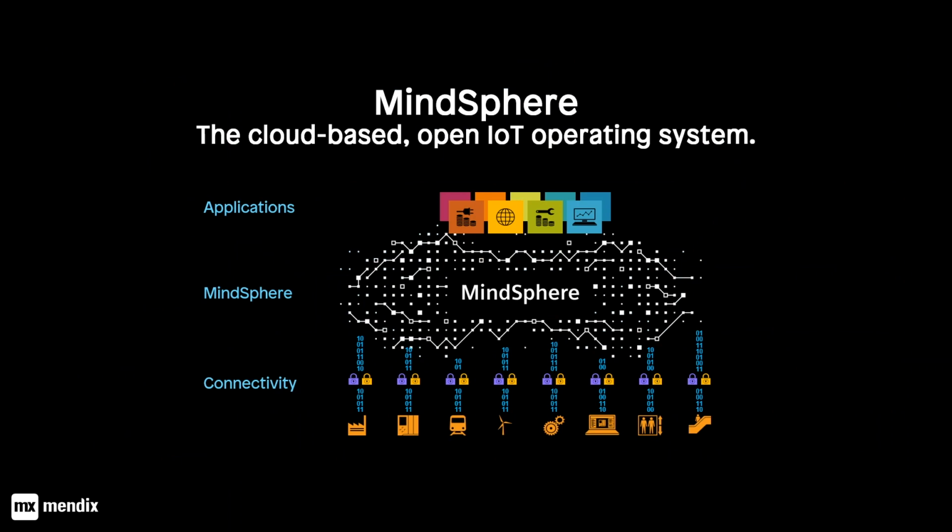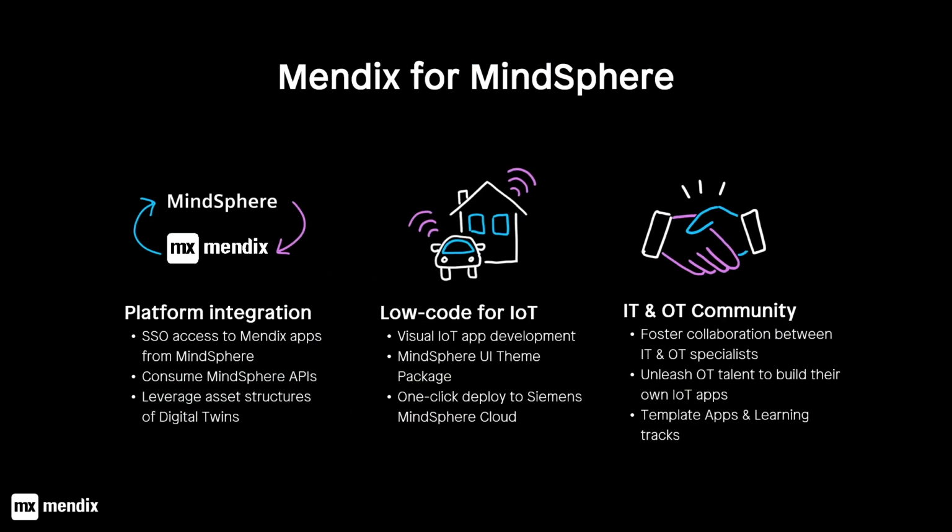So this is why Mendix and Siemens work together to be able to build an integration, first of all, so that you can deploy your applications and leverage the single sign-on services, the MindSphere APIs, and create digital twin experiences on top of those. So really focused at that industrial IoT space, being able to monitor actual physical products out in the market and be able to then get insights and change the product in your PLM software.